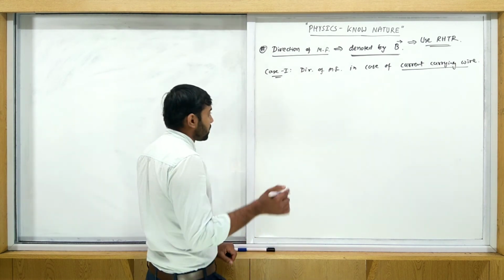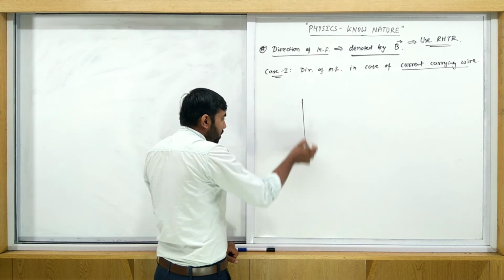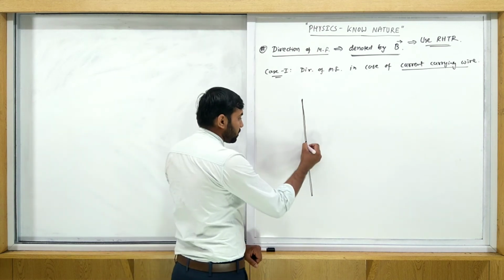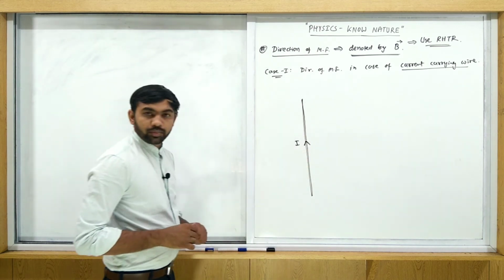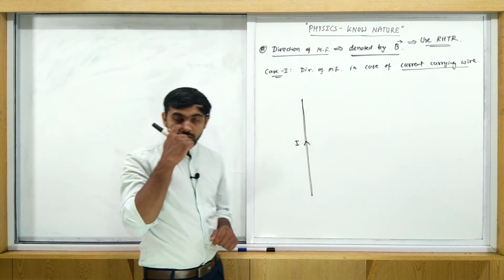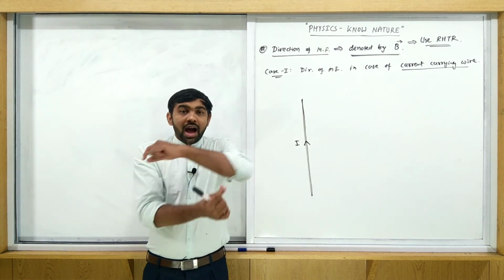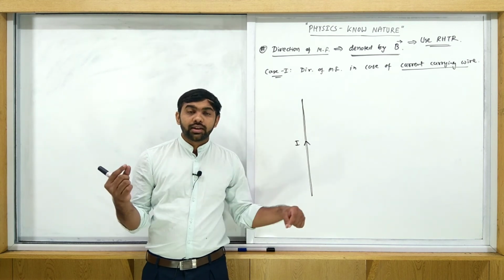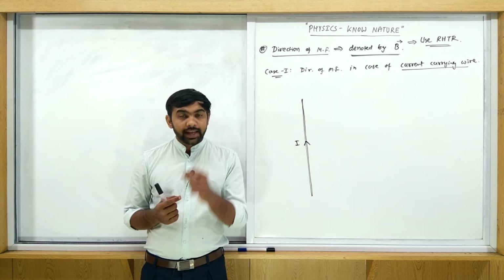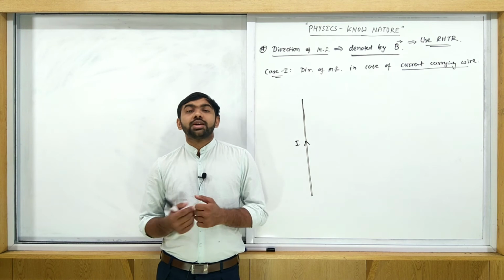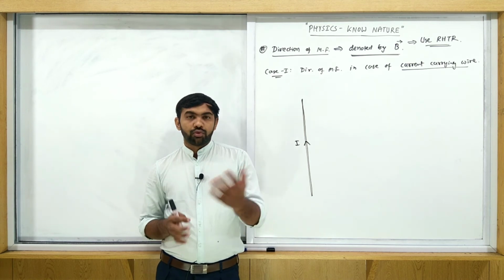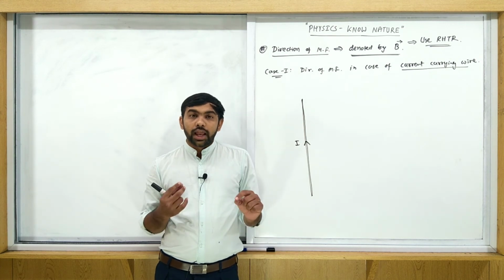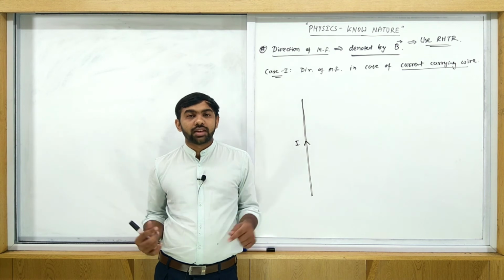Okay, so let's draw this figure for more understanding. You consider this is the wire, and suppose current is passed in this direction. As we know, if the wire is given to you, then magnetic needles are arranged tangentially. It means the magnetic field is produced in a circular form. If you consider any point on a circle, then the magnetic field is along the tangential direction. What is the direction of the magnetic field in the surrounding of this wire? The magnetic field is such that it gives the direction along a tangent.